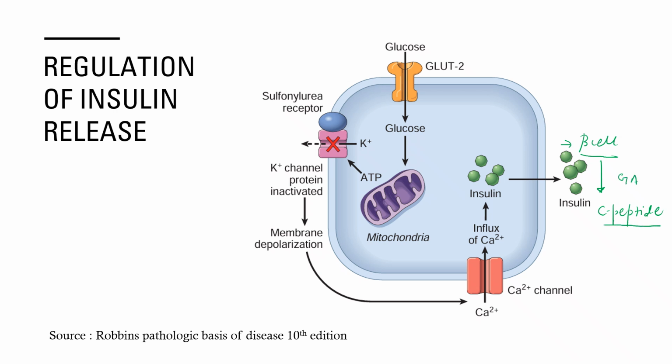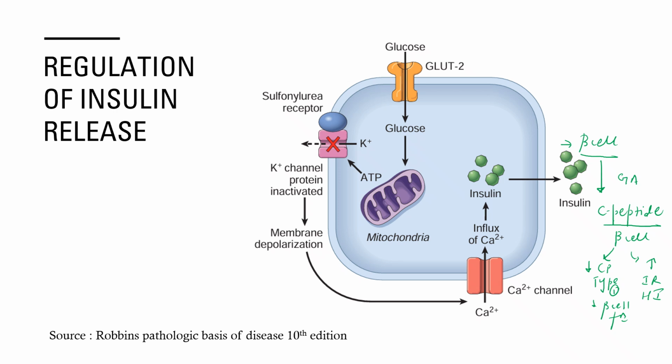C-peptide is a marker of the beta cell function. That is why there is a decrease in the C-peptide levels during type 1 diabetes mellitus. Why? Because in type 1 diabetes mellitus, as we all saw, there is a decrease in the beta cell function. There is an increase in the C-peptide level during insulin resistant